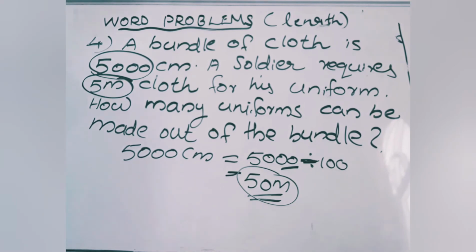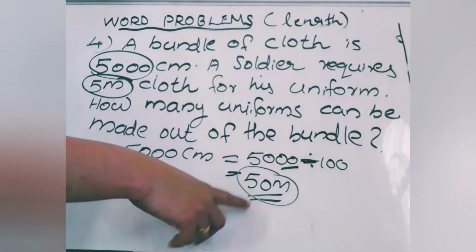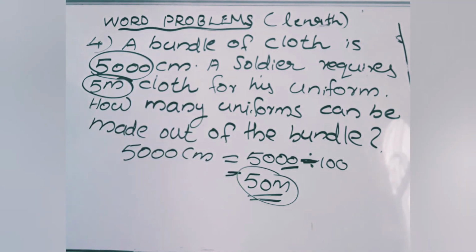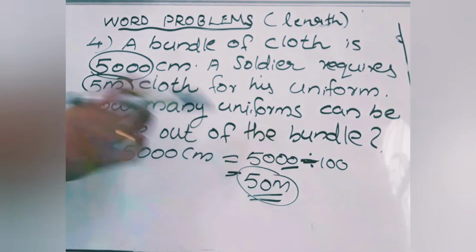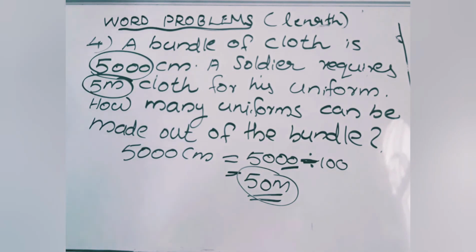Think, when you multiply you will get a bigger number again. That we don't want. How many can be made using this total length of cloth? Clear? So this is also division. Here the keyword each is not there. That time you have to think and understand. You should visualize in your mind what is given, what we have to find out. Story sums are like our real life problems. You have to think of that situation in your mind, then automatically you will get it. When I add, will it match? No. When I subtract, no. When I multiply, no. Here only when I divide it will be correct.